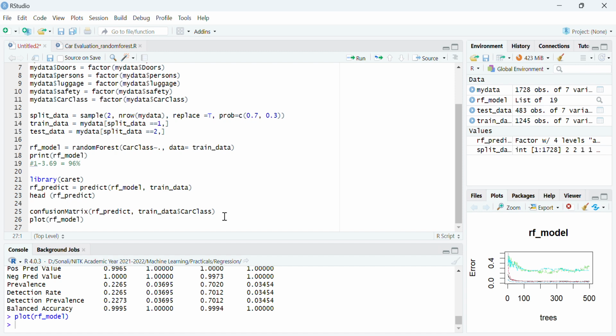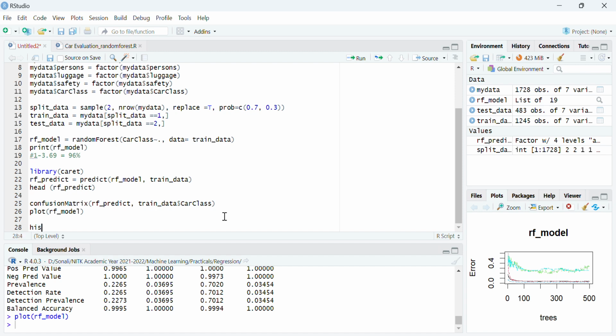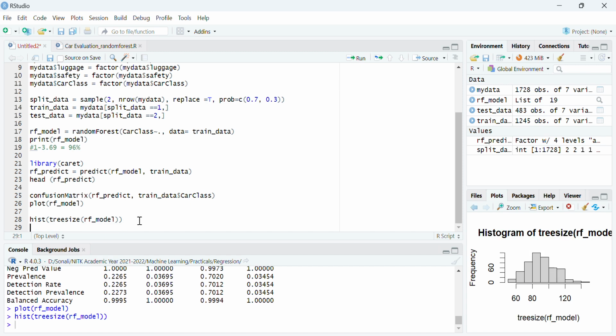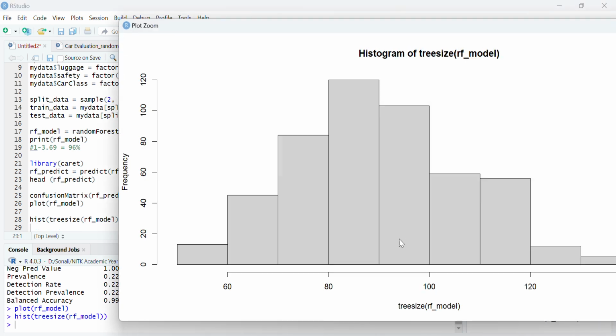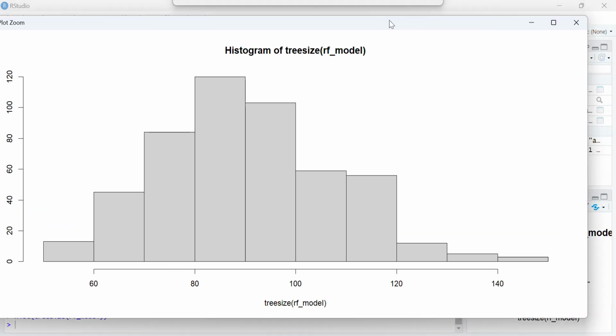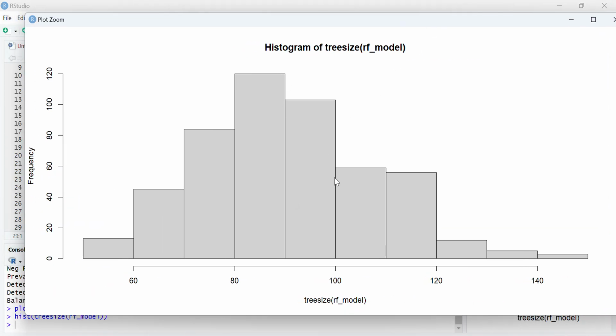Okay. So now if you want to see the histogram, let's see the tree size in this model. So this is the histogram which you can see. Okay, so frequency and the tree size. So this is the histogram.